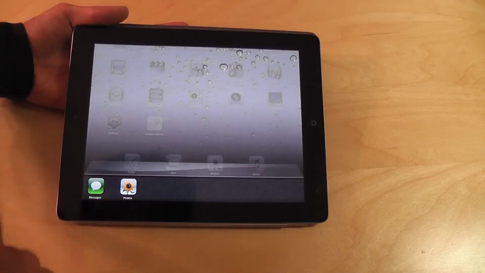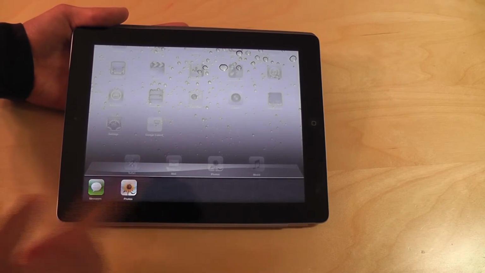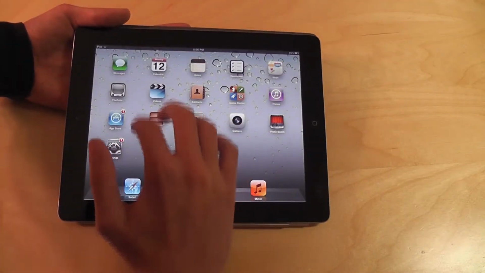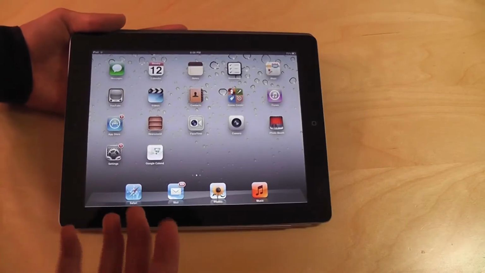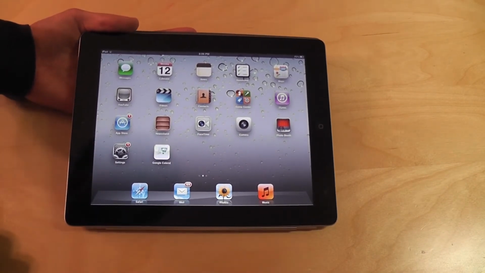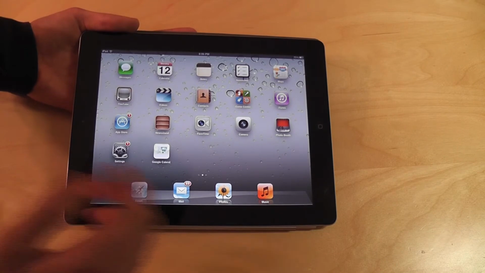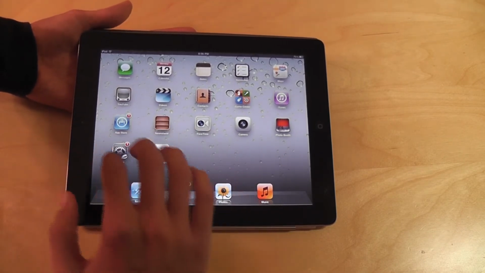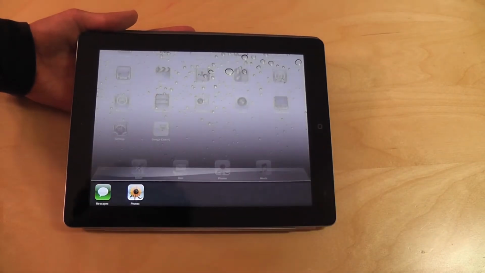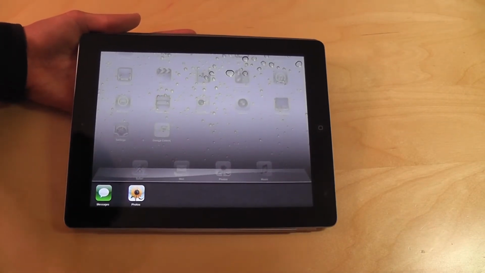So you can get into your applications right from here and switch to them and go to them or whatever. Then you can close it, and then if you want, you can just take 4 fingers and go up. But you don't have to. Again, you can always use the home button. So one more thing about the multitasking bar. If you go up, or you just double click this button, it takes you back to this menu.